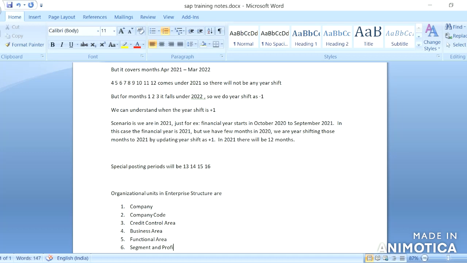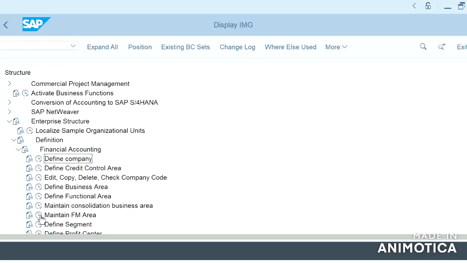Based on all these things, we can generate reporting. That is the main purpose of these organizational units.